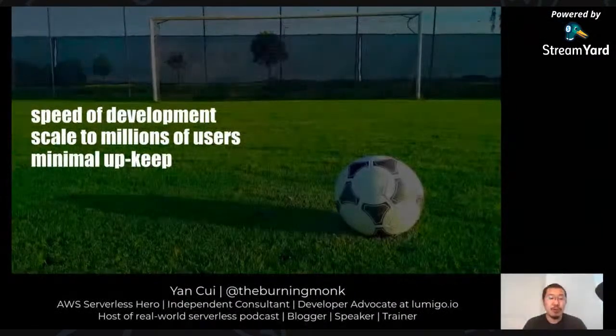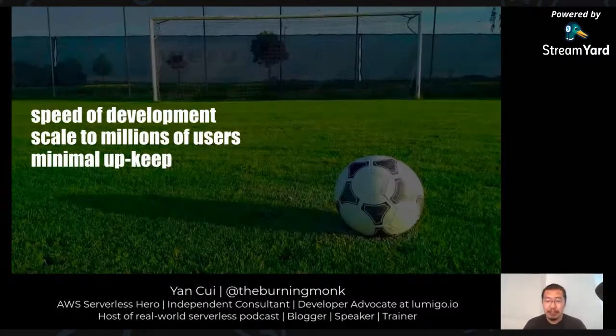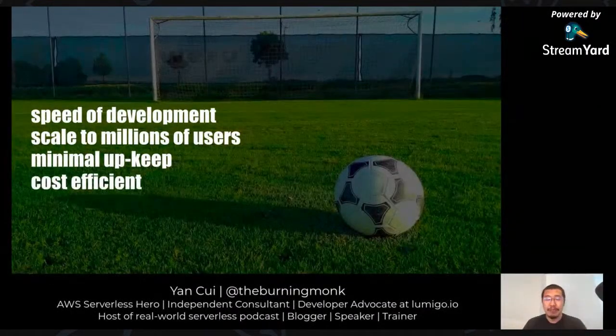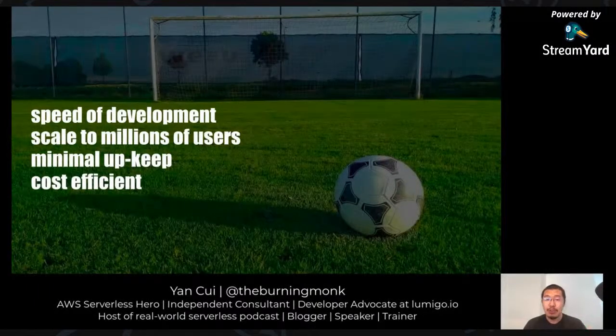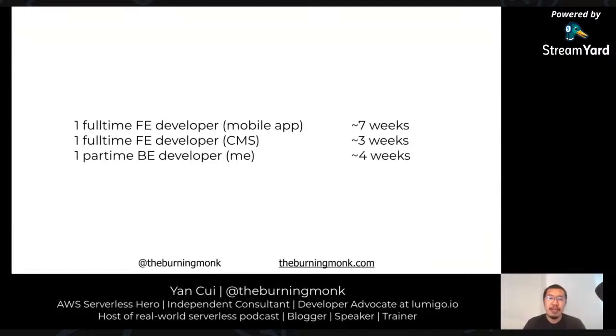The system also needs to require minimum upkeep because, again, the clients just don't have the funds to have a full-time development team to look after this solution. So the system pretty much needs to run itself and not fall over. And it also needs to be cost efficient as well, even as we scale to hundreds of thousands or maybe even millions of users. So the project was put together with a team of 3 engineers, including myself, where I was working part-time, averaging maybe 2 or 3 days a week for the couple of weeks, while I also work with other clients and had other responsibilities as well.